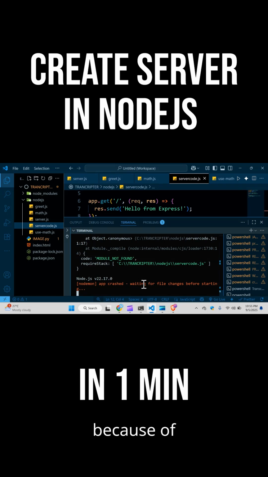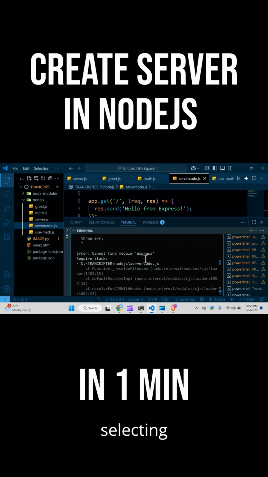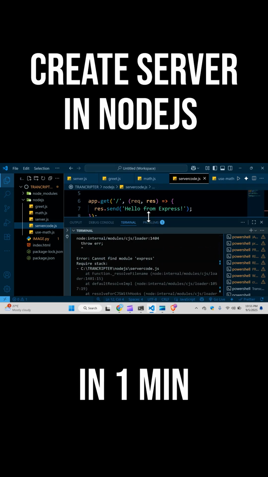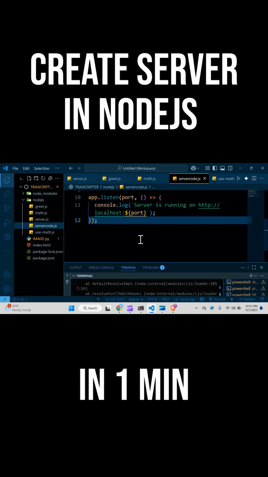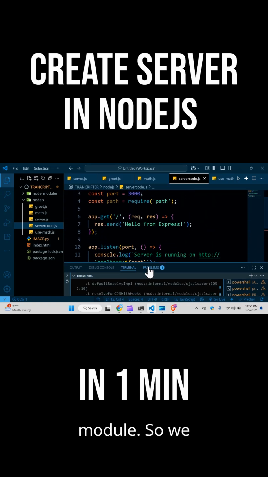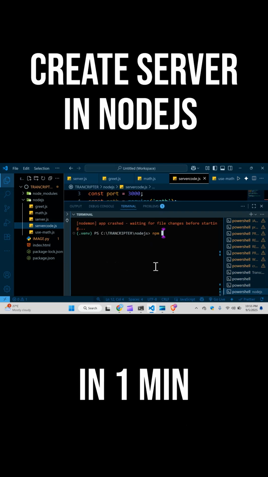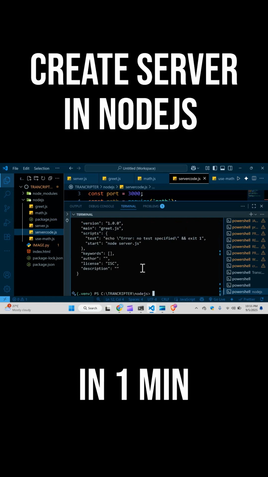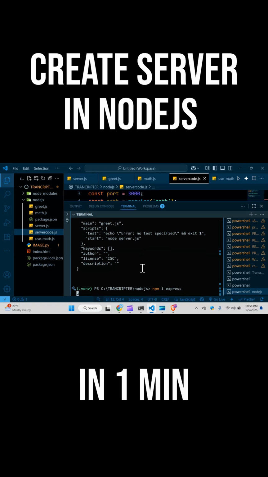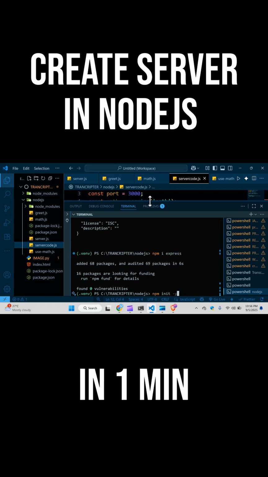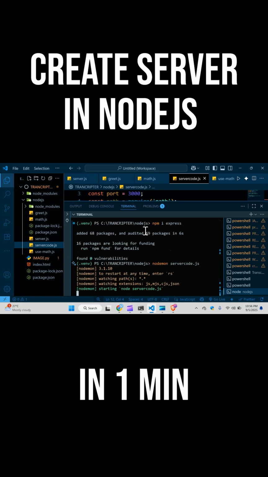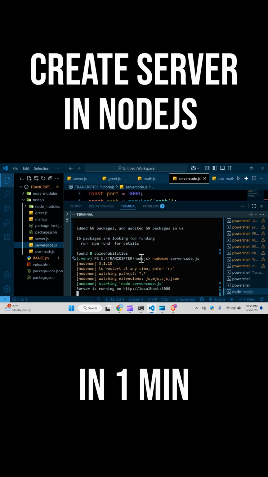Okay, now it's crashing because it's waiting for the change before selection. It's not finding the module, so we forgot to do this. Just do npm init, then press y, then npm i express. Now run this again, and now our server